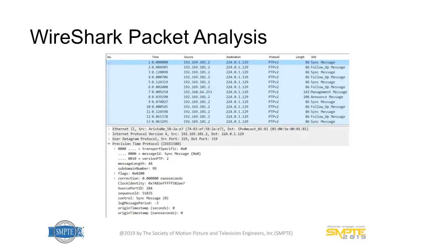So looking at Wireshark, Wireshark has a built-in 1588 analysis, or packet decoding. Once you do the capture, you can basically just click on the packet. It'll decode the protocol for you. In this case, we see the log message period is -3. That matches what we expect as we programmed in our grandmaster, because we all follow the ASR16 values, and -3 is what a sync interval should be.